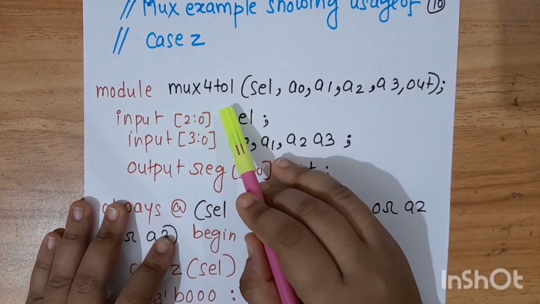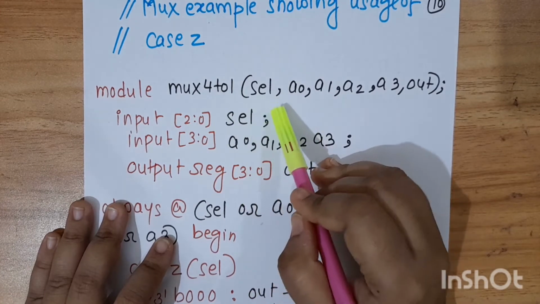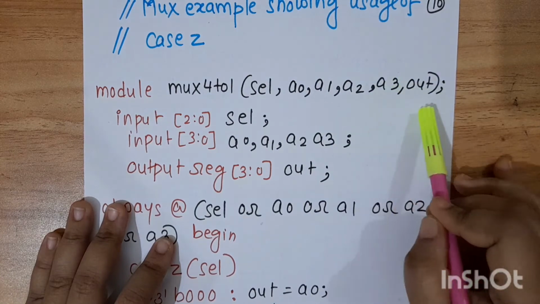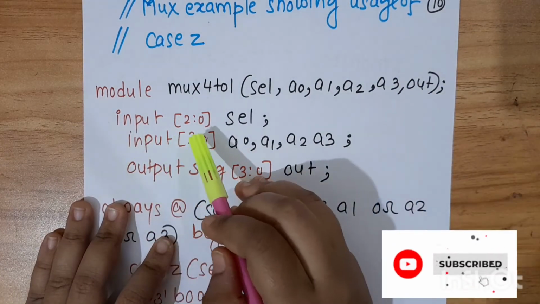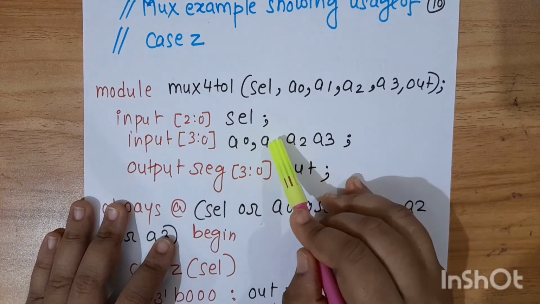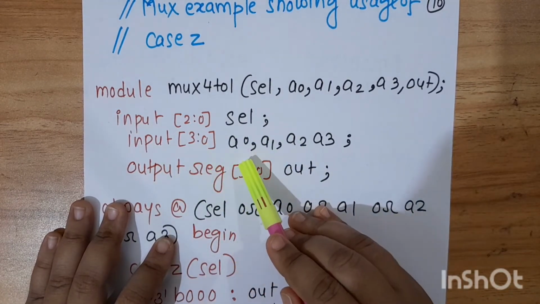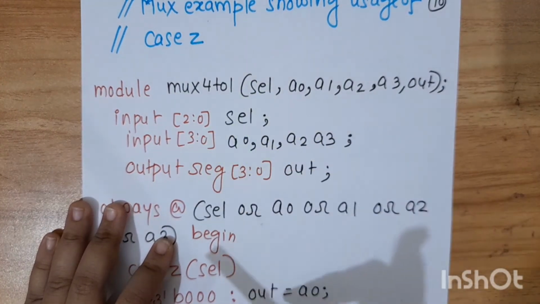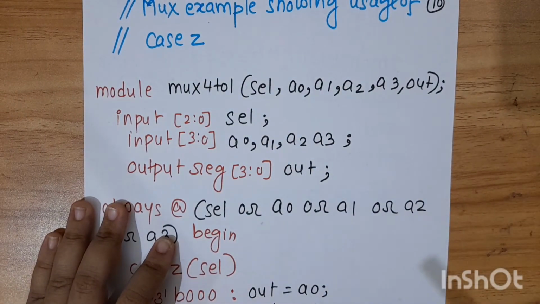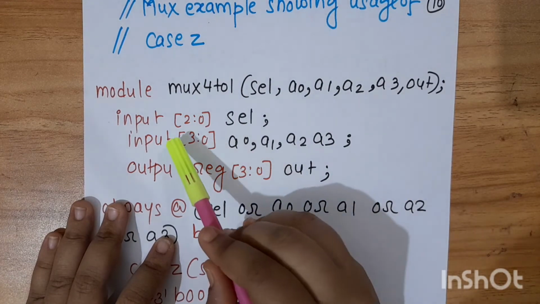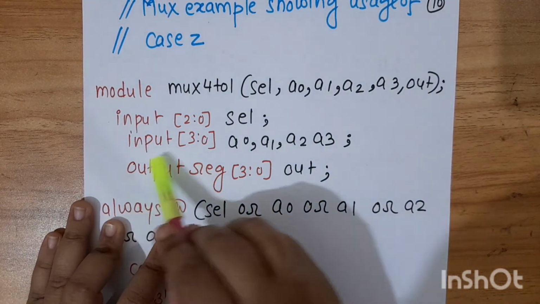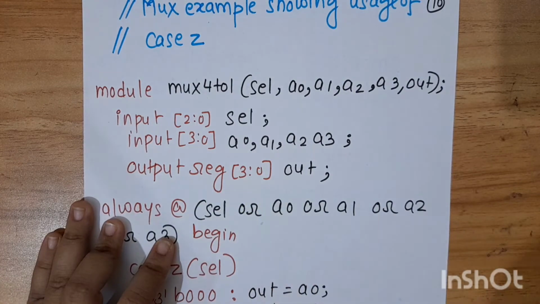Module mux4_to_1 (SEL select, A0, A1, A2, A3, out); Input 2 down to 0 is SEL select; Input 3 down to 0 is A0, A1, A2, A3; Please note, select is actually 2 bits only, 1 down to 0, in order to select 4 inputs. But still I have provided an extra bit in the input for SEL select, so it is 2 down to 0. Output is of reg type, 3 down to 0, out;